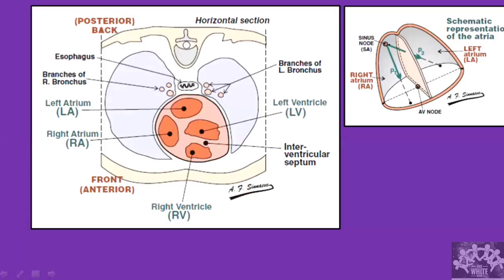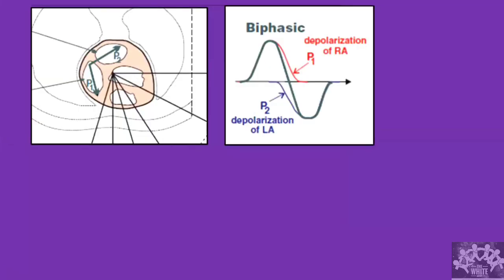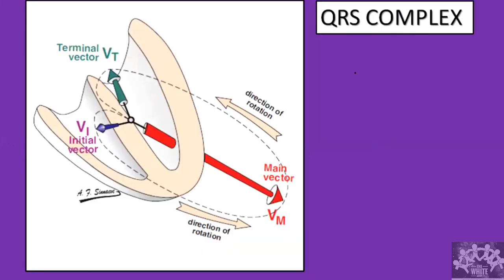We'll take the same thing; this is one more representation. This is P1, which is the right atrial activation, and then the left atrial activation. That is what I was telling you: the first activity is going to be the RA activation, and then the left atrium, because it is going posteriorly. So if I want to look at left atrial enlargement or any changes in the left atrium, I look at the negative deflection. And if I want to look at RA changes, I look at the positive deflection.